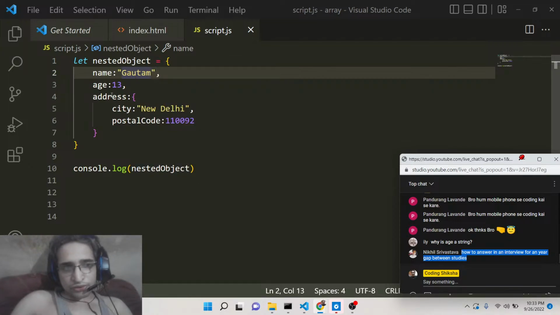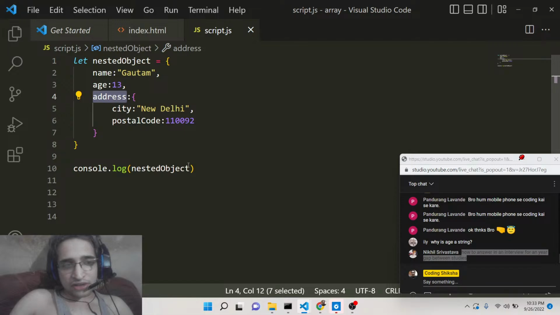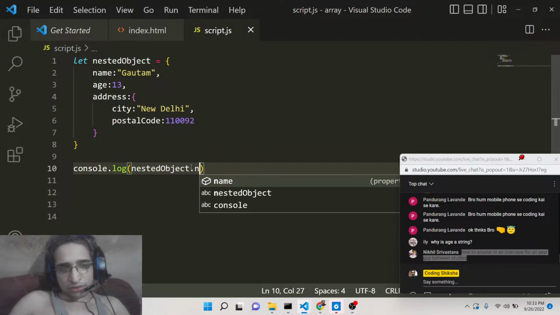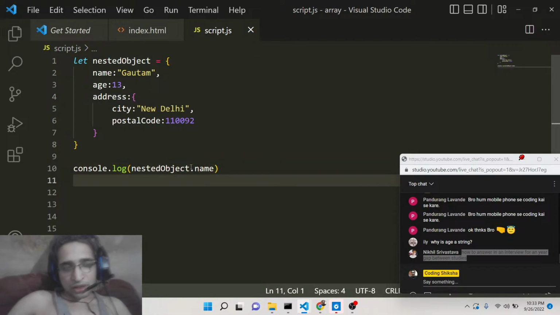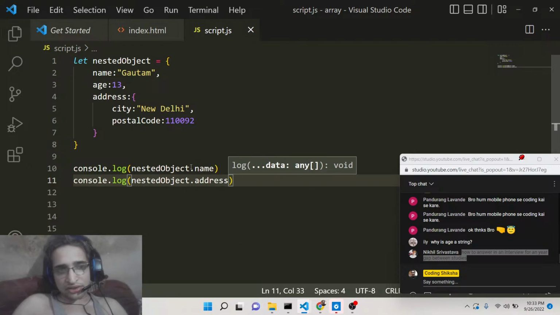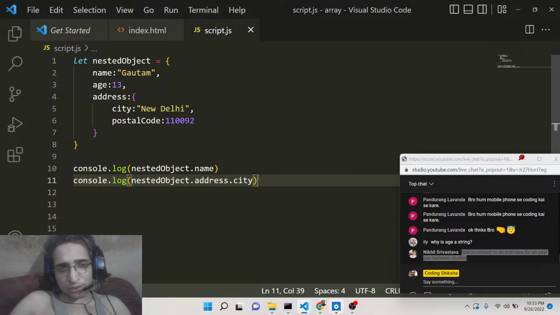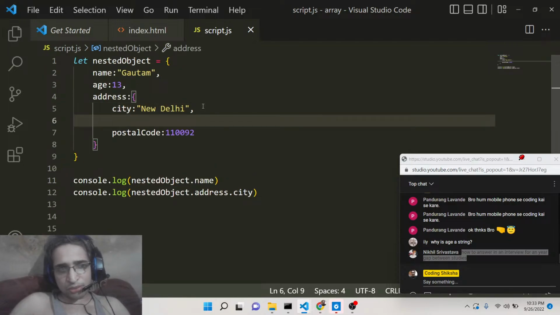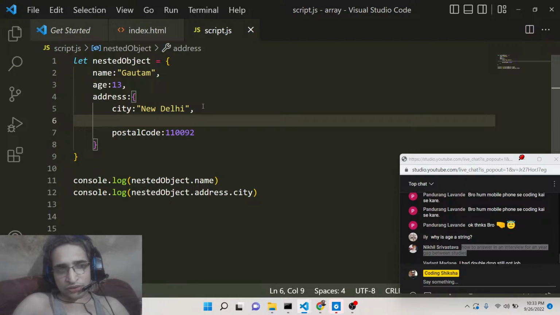So now, if you want to access this address property, guys, how will you write this? This property is very easy, which is name. But how to access this property of this nested object? We will simply say nestedObject.address.city. We are using the same dot formula here, guys. You can see that this can even have another nested property as well. So let's suppose we can also have